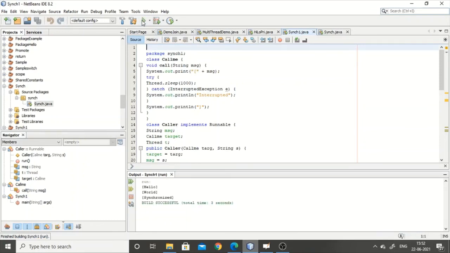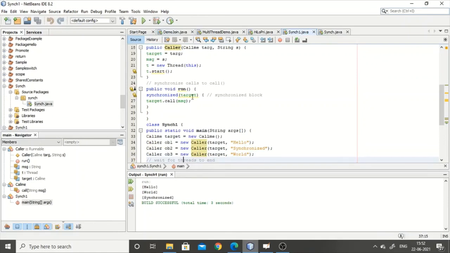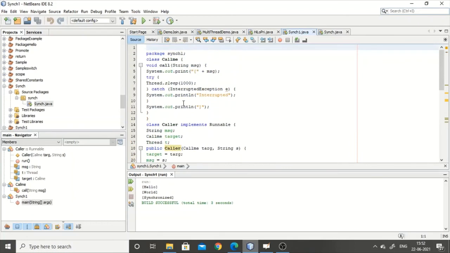You can call synchronized on the methods, and you can also call it on the objects of that particular class which has to be synchronized. So I called synchronized target, and then I opened the bracket. When I called synchronized for the object, within that synchronized method I passed the object as the parameter. So this became an entirely synchronized block. This target block entirely became a synchronized block. Then I called target.call message. So when it goes back over here and calls this block, the entire block is synchronized.